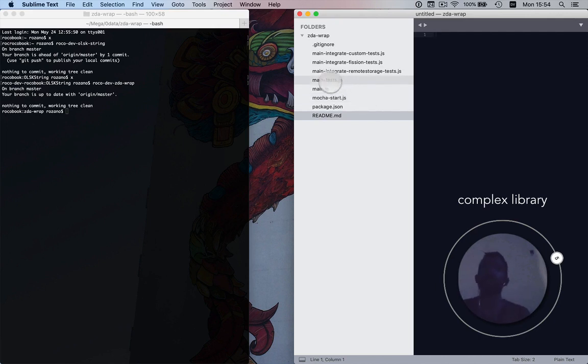And so we have some general tests, as well as some specific to remote storage tests, as well as some specific to fission tests, as well as this other thing called custom. Those could be named anything really, but there's not that much significance to the names. But you can see from what's going on here that, again, I'm just looking at the files, I'm not even opening them. This is an npm package, that's a JavaScript library, and we have some special stuff we do